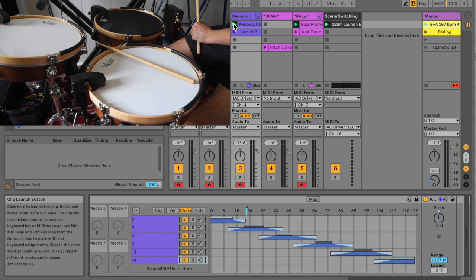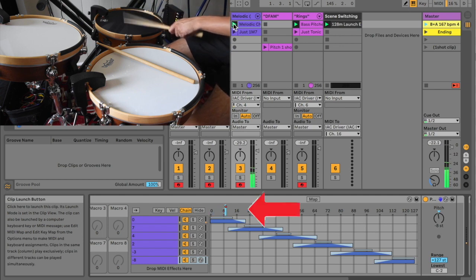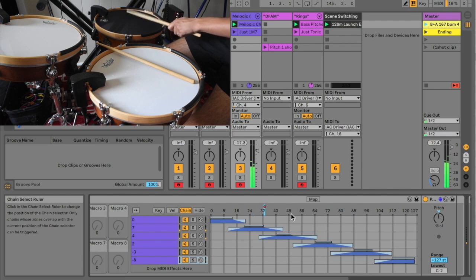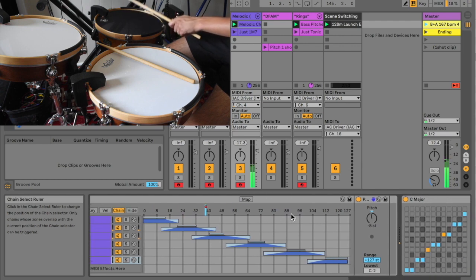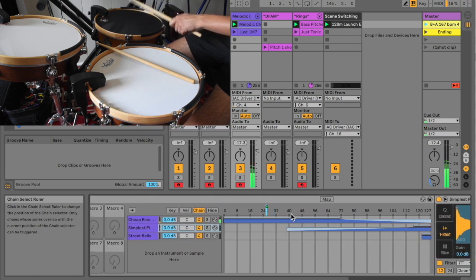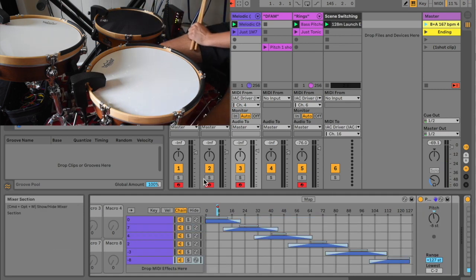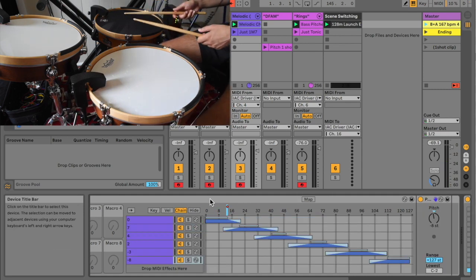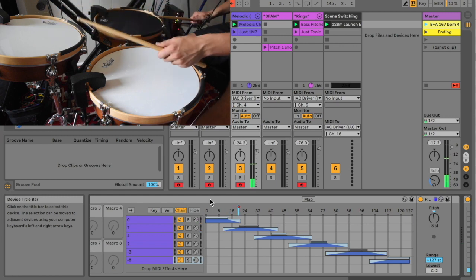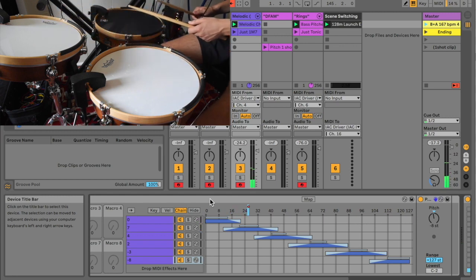So if I go ahead and launch this clip, you can hear it transposing the notes over time. And I can also navigate the different instruments with velocity. I have different MIDI notes assigned to the tom 2 head, tom 1 head, then the rims, which allows me to play